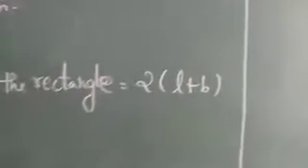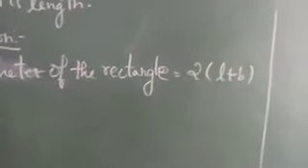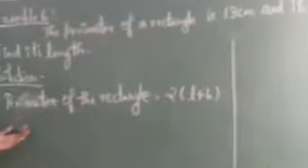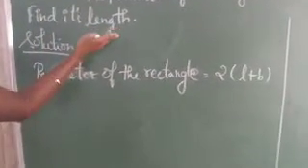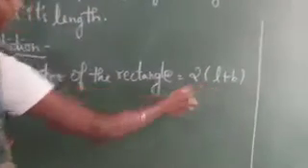So see here, what is given in the question is the perimeter of a rectangle is 13 centimeter. And its width is nothing but the breadth. Both width and the breadth are the same. So breadth value is 3 3/4 centimeter. What they are asking is we have to find the length. So you have to find the value for the length.